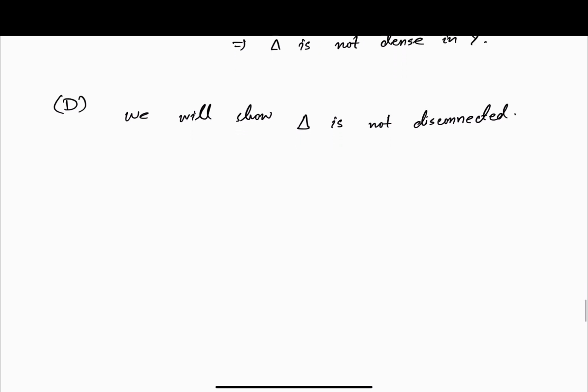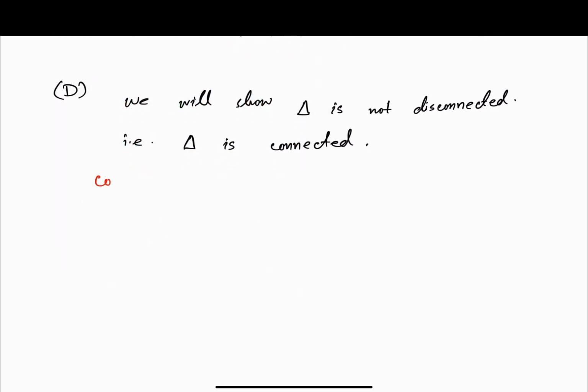So what does this mean? Let me recall the definition of connected. A space X is said to be connected